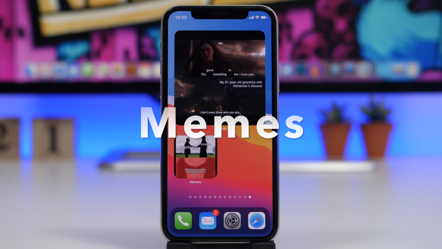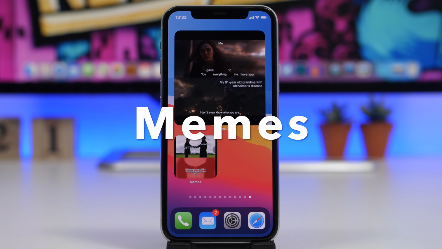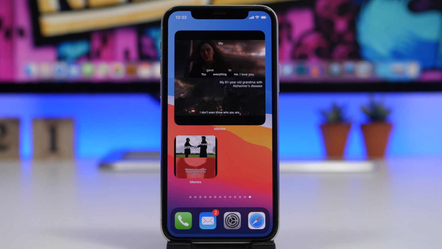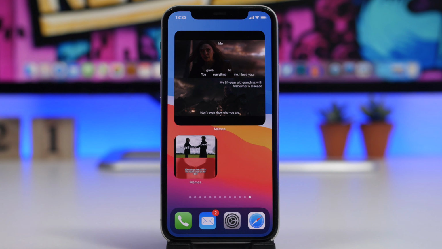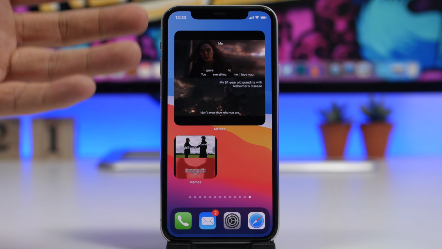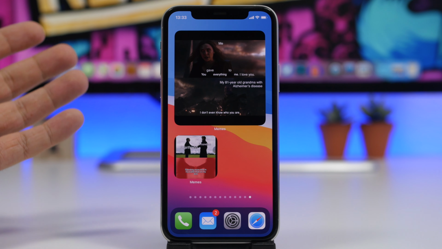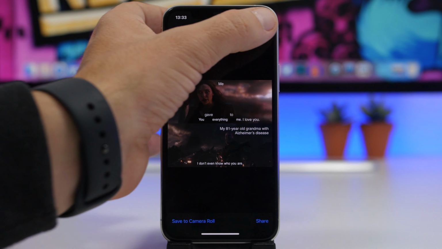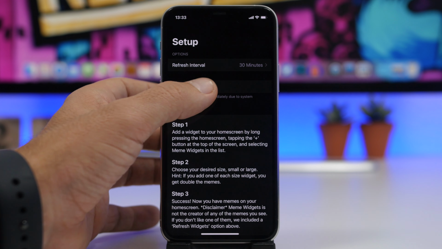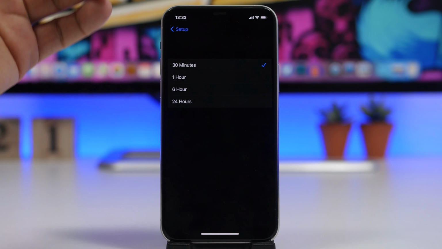And last but not least, we gotta have some fun, of course, and we have memes. Now, memes are awesome, we all like them, and now you can have them on the home screen of your iOS 14 device using this app called Memes. You can have widgets displaying different memes right here on the home screen. Now, what you can do here is just tap right there to go to the app, and you can refresh this, or you can set a refresh interval from